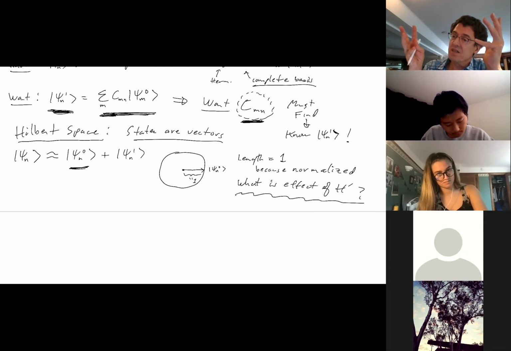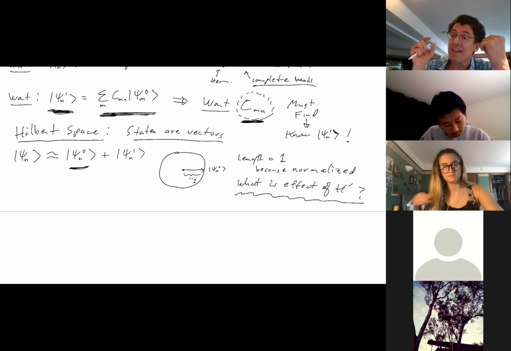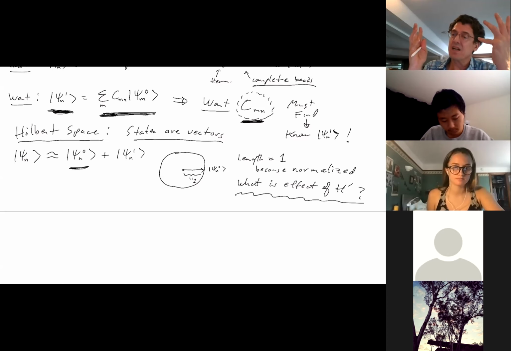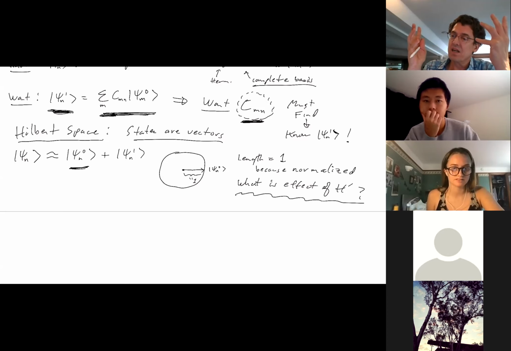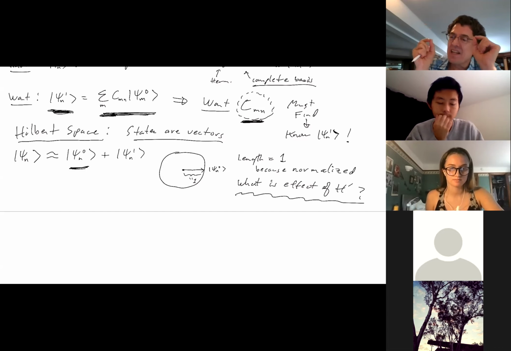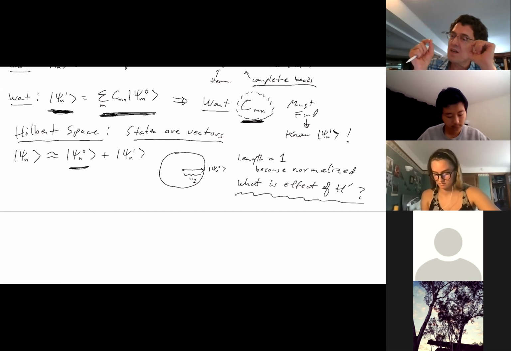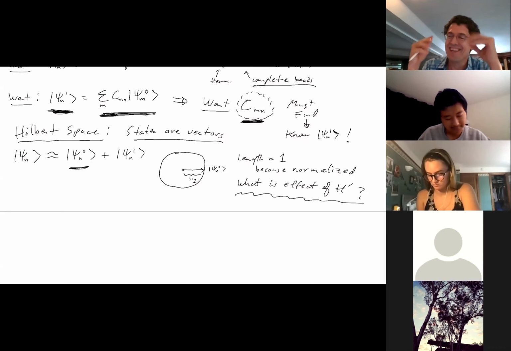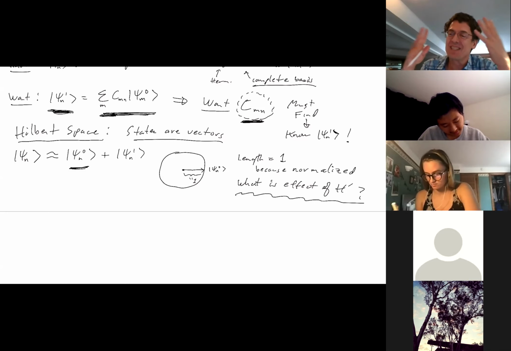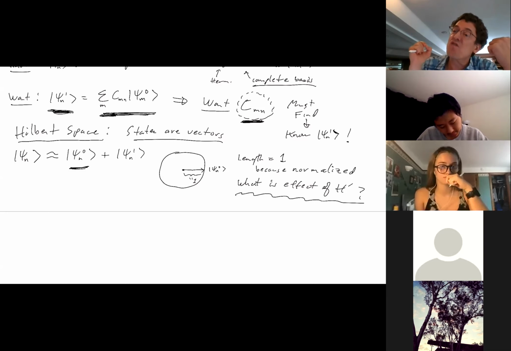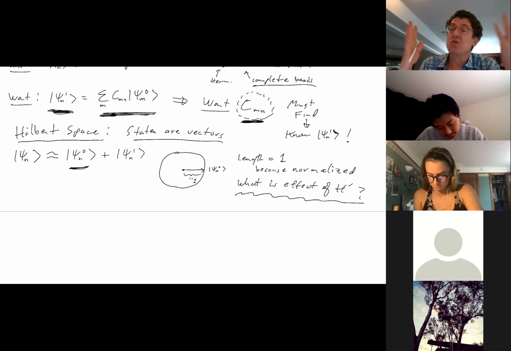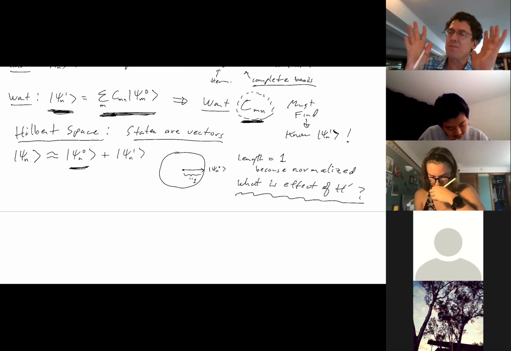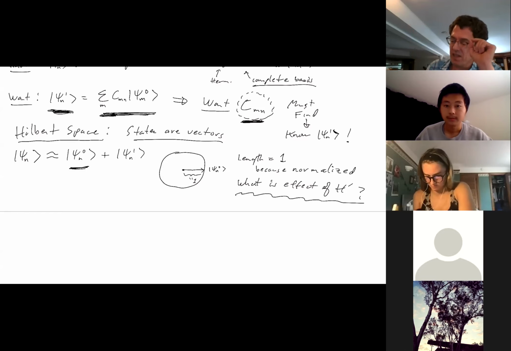Somebody answer that question. So basically I'm asking you, can the length change? No. Why not? Because probability always has to be 1. Yes, the length of the wave vector has to be 1 in Hilbert space. Otherwise, quantum mechanics makes no sense, because the whole point of quantum mechanics is this probability, and the probability has to be 1. It has to be normalized, because something's got to happen. And so if you don't normalize probability, quantum mechanics falls apart, and quantum mechanics loses meaning. So I'm emphasizing that because it's a really profound thing. It's a really big deal. The length has to be